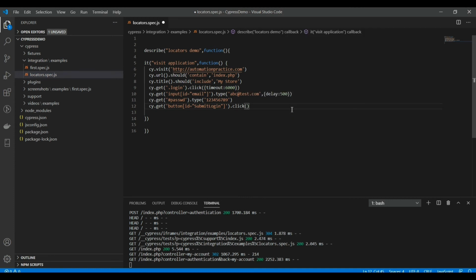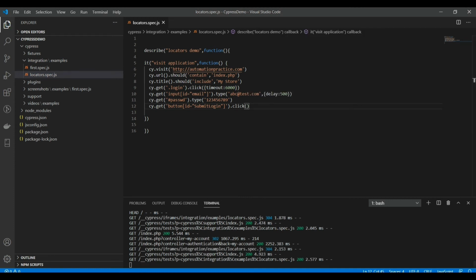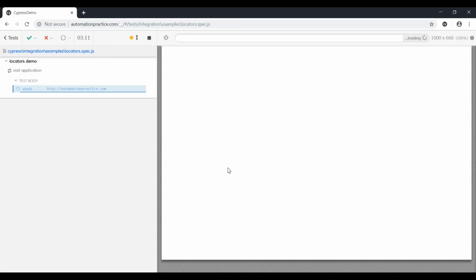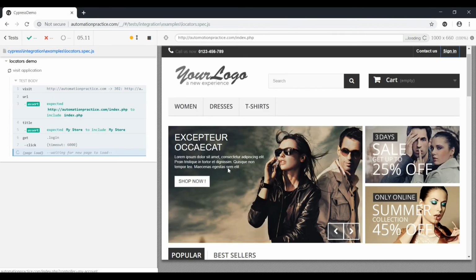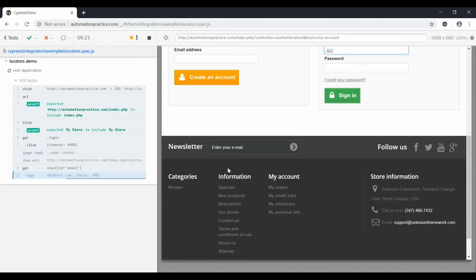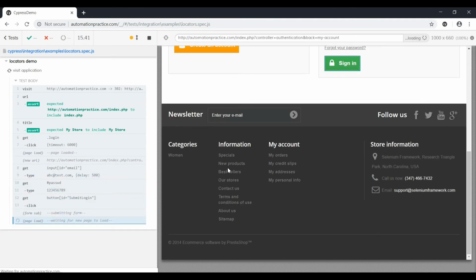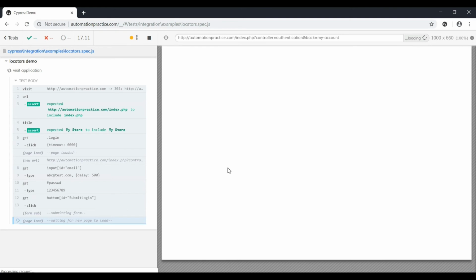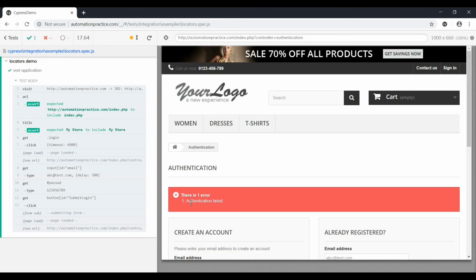Okay, let me save it and it will run the test case again. Let's see how it goes. So just clicking on the sign in button, typing the email ID and the password, and it clicked on the sign in button, and yeah, we got the error because this is like user is not registered.